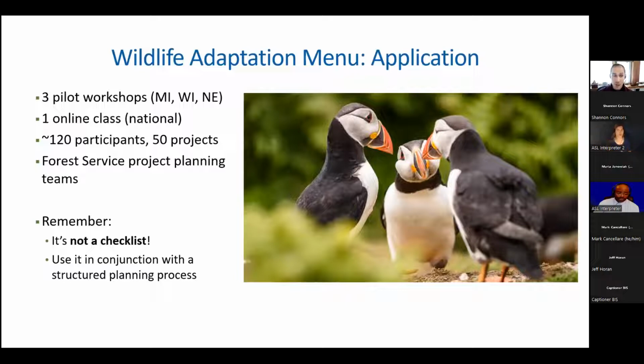We're using this tool now with Forest Service project planning teams when they go through the formal NEPA project planning process for Forest Service actions. So wildlife managers who are part of those teams now have this resource to brainstorm ideas and think about how they may contribute to the overall project that's being proposed.